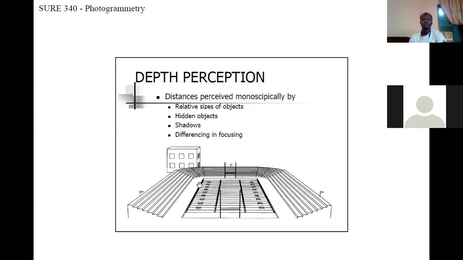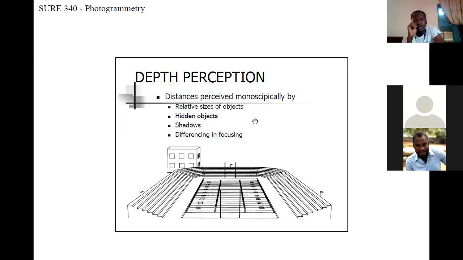All right, so shadows, hidden objects, all these are possible when we want to look at something with the right eye. The reason we're talking about this is because monoscopic viewing has a limitation. It's able to tell depth, but stereoscopic perception of depth is a bit different. You perceive depth by viewing from two different angles.